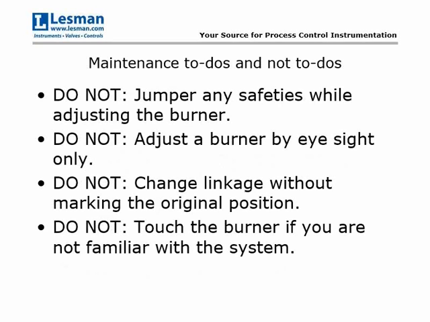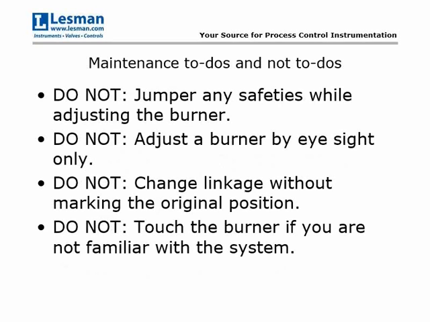For mechanical linkage and other air-fuel ratio control systems that have mechanical moving parts, a lot of them you'll need to make adjustments to in order to hit your target values. And if you're making any kind of changes to your air-fuel ratio, you want to mark the linkage where it was originally. That way, if you have some kind of a change at some point, either during or after the burner tuning process, or if the set collar on your linkage slips for some reason, you've got some kind of a mark. Usually just a magic marker on the linkage arm will do the trick, or a piece of tape